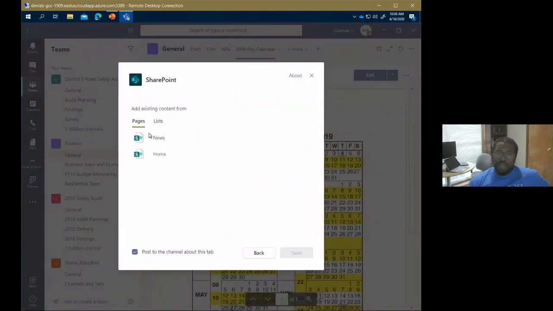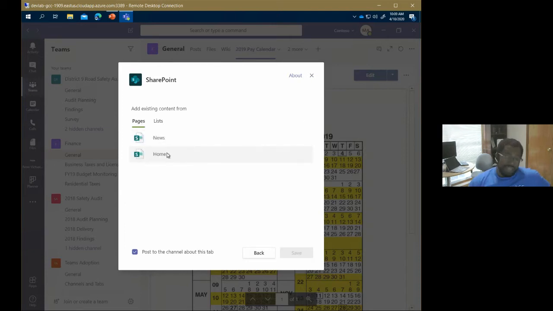So here is where we can add pages or lists. And I'm a longtime SharePoint fan. My consulting career was all about SharePoint. And while there are no lists in this site, lists are very useful. I mean, if you're doing something in Excel and it's a relatively straightforward table, it probably is a good candidate for being put in SharePoint. And that's a whole other session, but I would say there's probably a dozen things you get by making that move into a SharePoint list. So if you are using lists, just know that they can be added here with the tab as well.